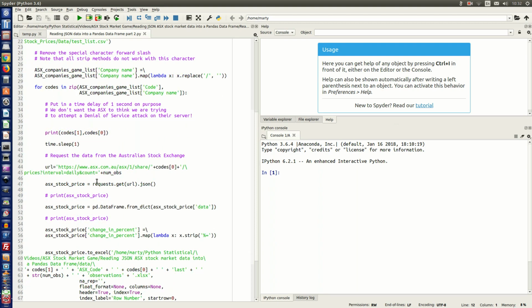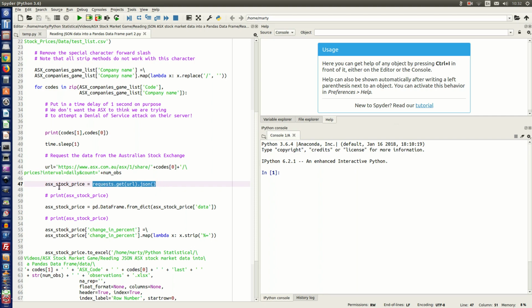As we loop through the company code and company name, we feed into the URL that we want to access the company ASX code right here, and then the number of observations, number of trading days that we want to access. We then need to tell Python that this is a JSON formatted file, so we use a .json method,